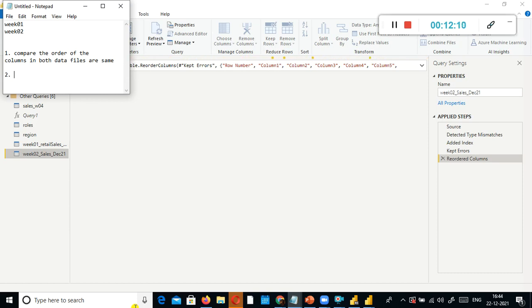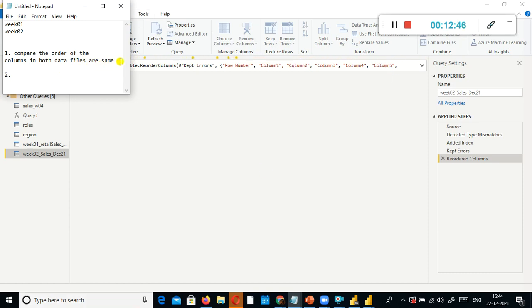For example, employee ID, employee name, age is there in the first file, and then salary. If the second data file has employee ID, employee name, salary and age instead of age and salary, then when you combine it, what could happen is it will try to load the salary column into the age field. But here what it does is, it creates blank values for the second file. We'll see what is happening.